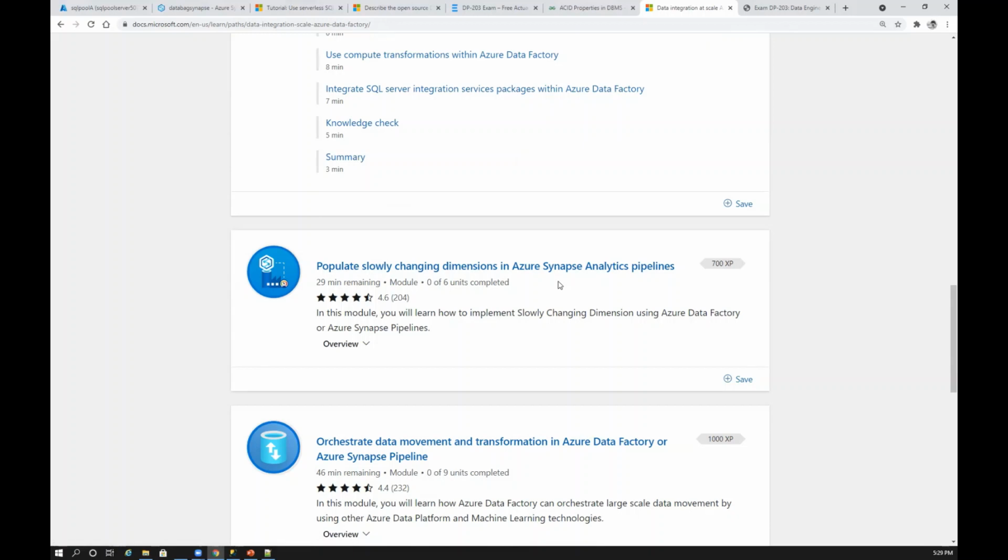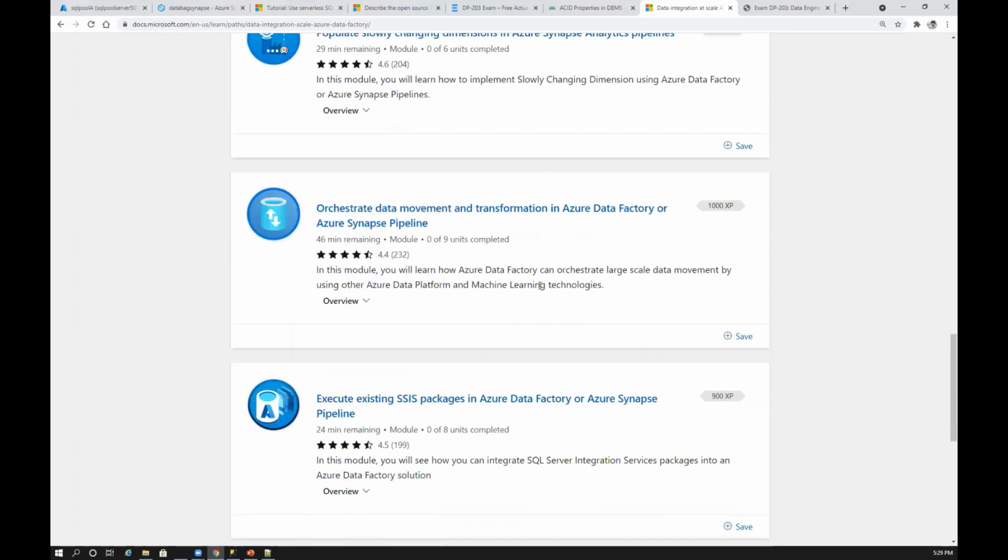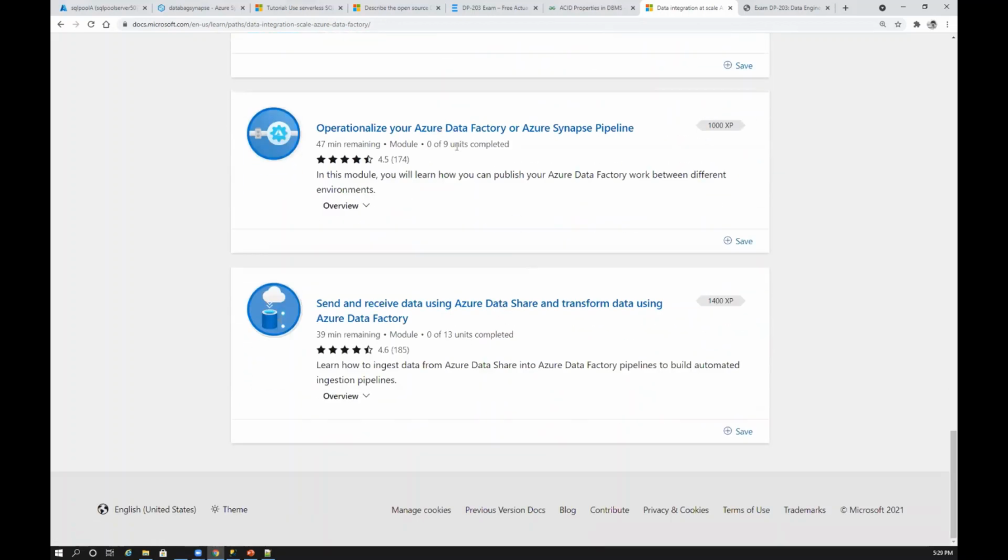Either update, insert row-wise, insert column-wise, type 1, type 2, type 3. They're asking you to try to design that using a pipeline. Orchestration, we know why we call it orchestration. You can add different things, and you can use Data Factory as an orchestration tool. And then operationalize, and send and receive and transform data.